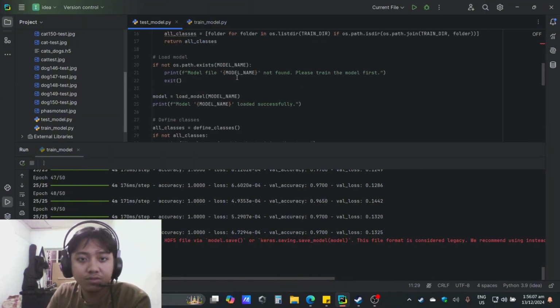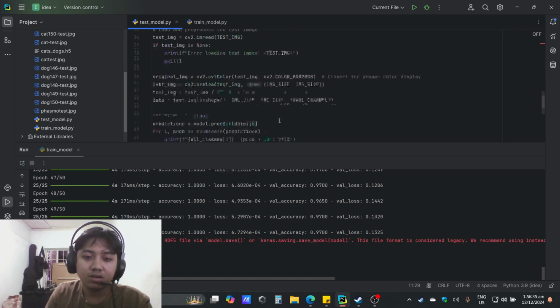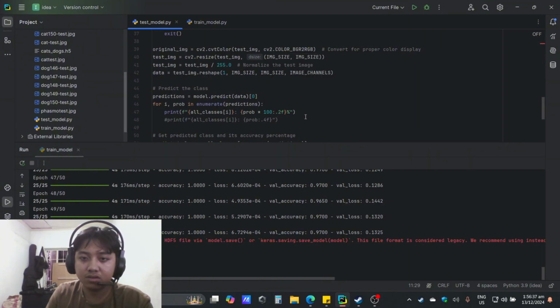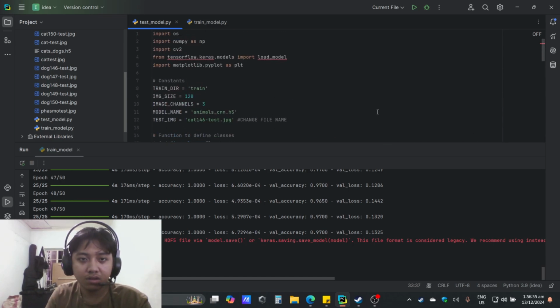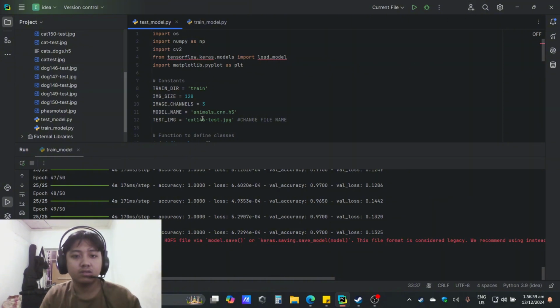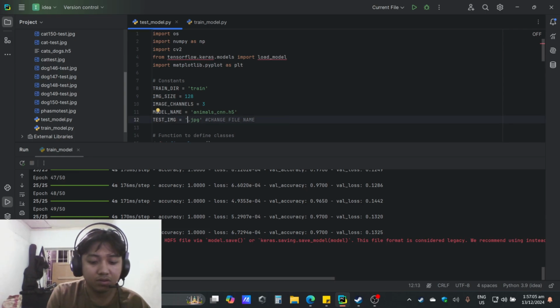In the test model, this package will read the image and then scan what is the accuracy of the scanning, if it is a dog or a cat. So let's try this one. We'll put first the file we're going to test.